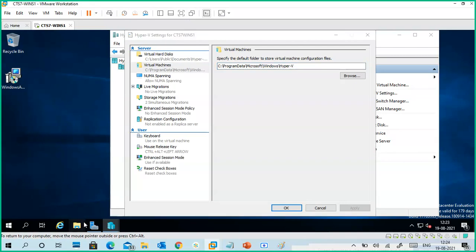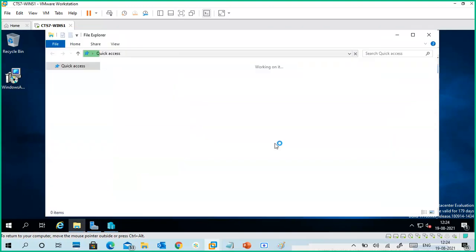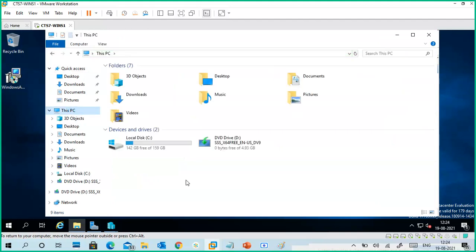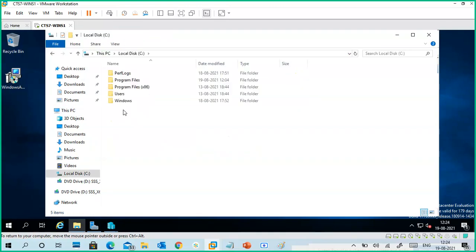I have a C drive, but I don't have an extra D or E drive. I have a C drive with 142 GB free. You can use your C drive to store directly in one single location, like how I store my VMware virtual machines in a single location.